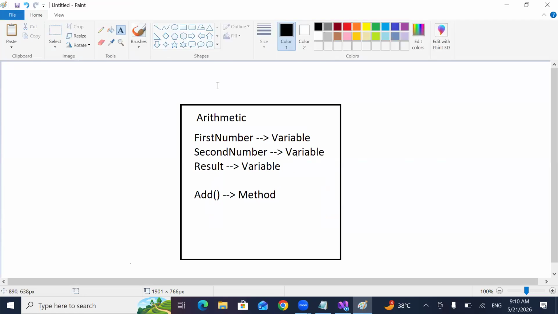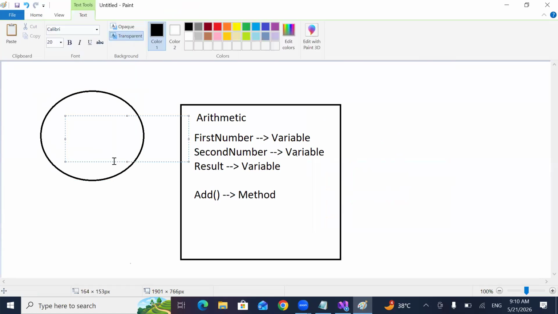Now, I have one object here, which is obj1.